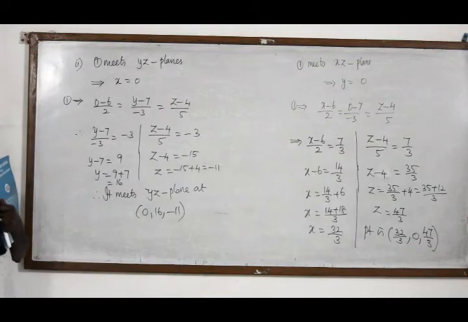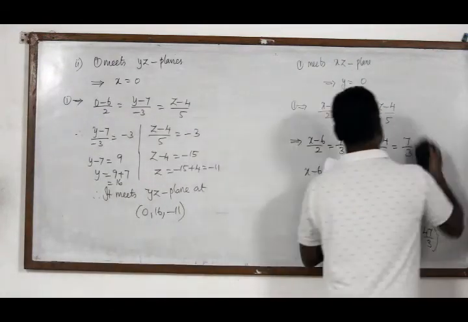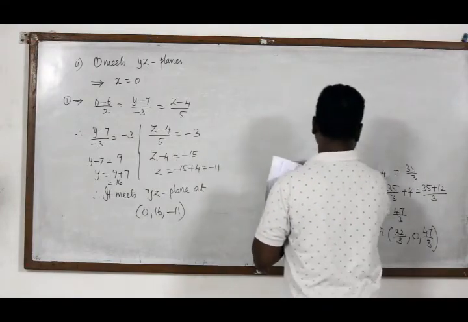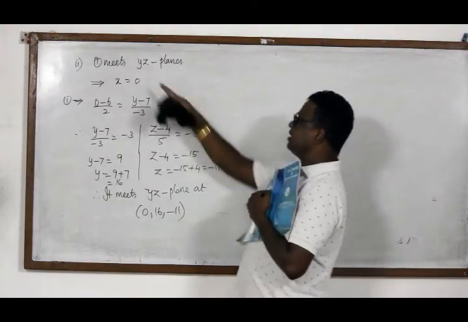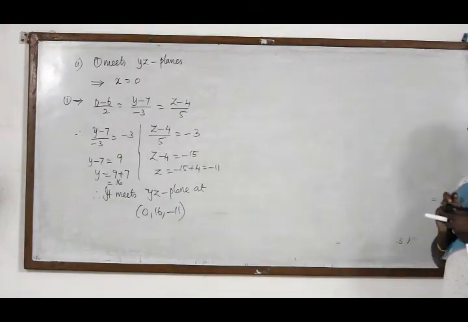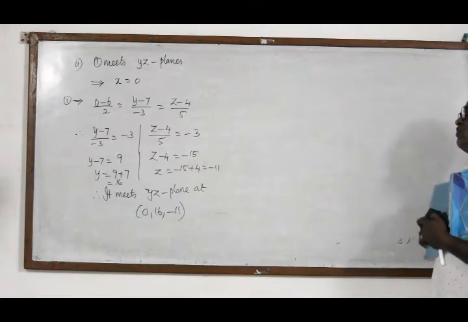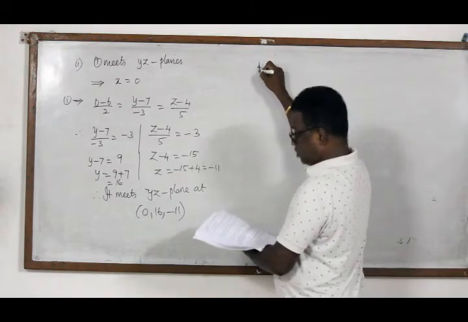This is the problem number 3. Now we shall go for problem number 4. So after finding the line, if you put y is a plane means x is 0, you will get the other point. So whichever is missing, for that if you put 0, you will get the point. Now problem number 4.